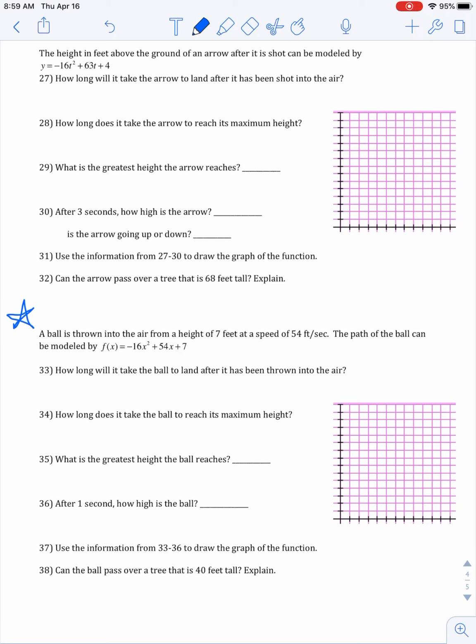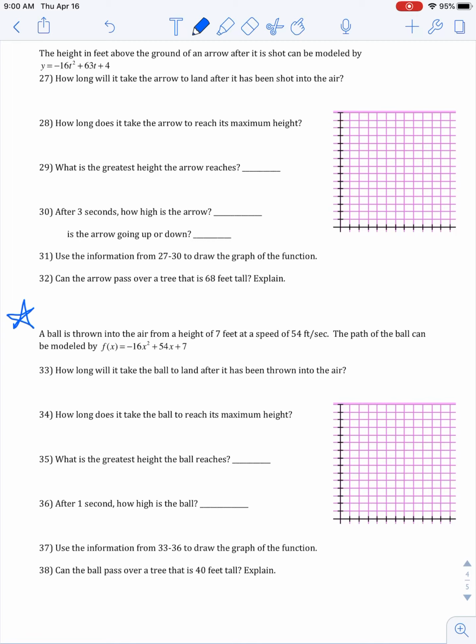We are going to work on another application very similar to the things we did yesterday. It's just that in the real world, when you throw a ball up and it lands, it doesn't land at exactly 10 seconds. It's usually a decimal or fraction. Same with the height. It doesn't usually go up to exactly 50 feet. It's 50.1 or 50.16. So today we're going to work on a problem that doesn't have nice numbers when we